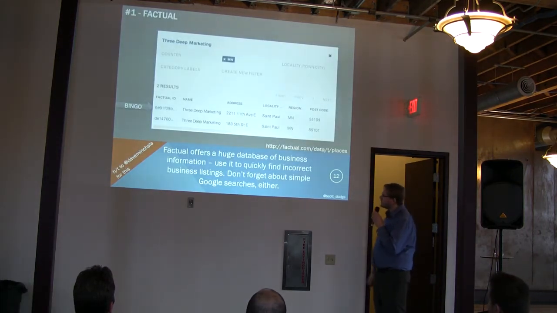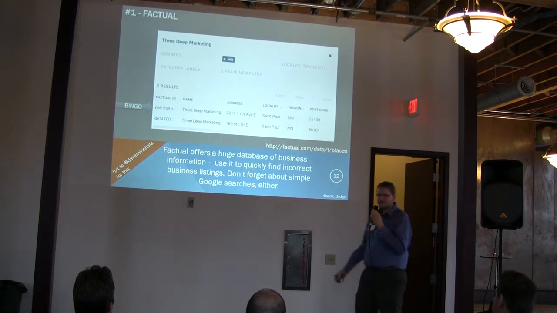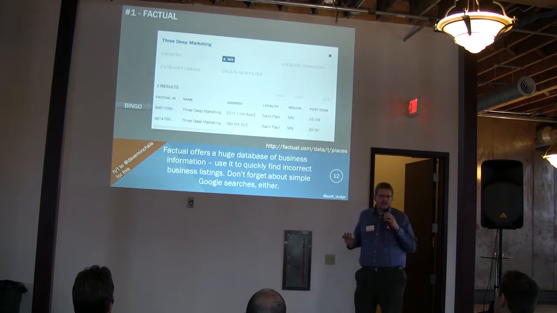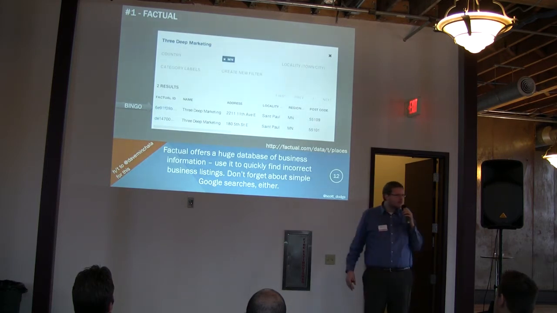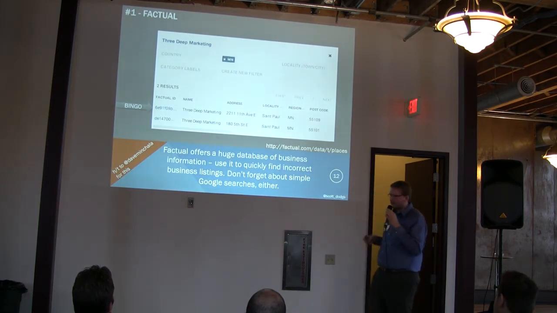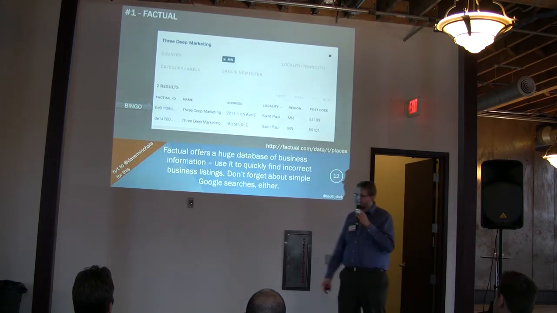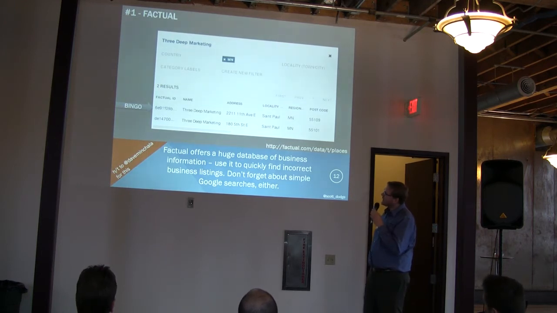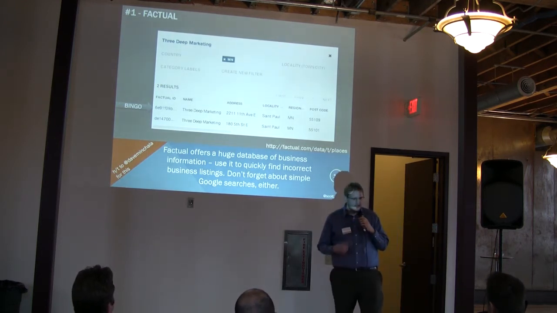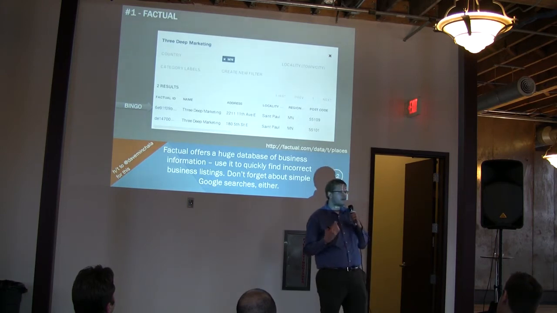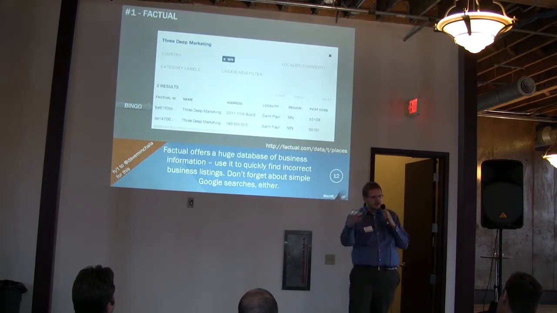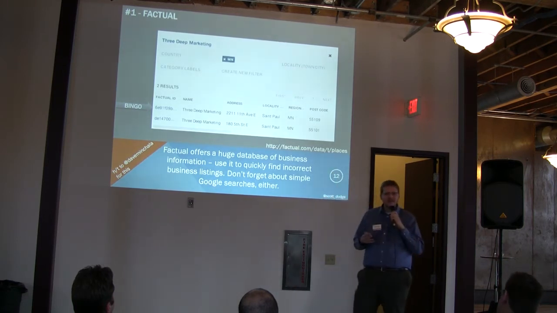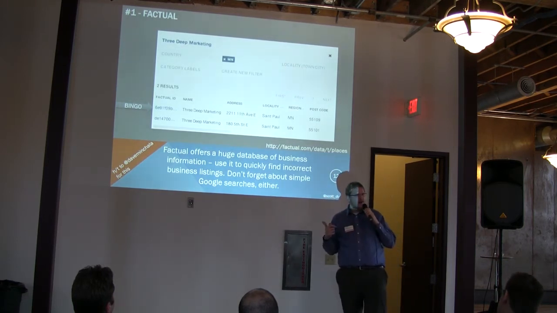Basically, Factual is like a huge database of business information. They have about 66 million listings. I didn't know about it too much until about 6 months ago. There's a guy, Dave McCullough, if anybody knows him, he's over at Yodel. He put it in front of me, and it's been really awesome. It works kind of like the Yext tool, where you put in a business name and a phone number, and it finds and shows you your score.